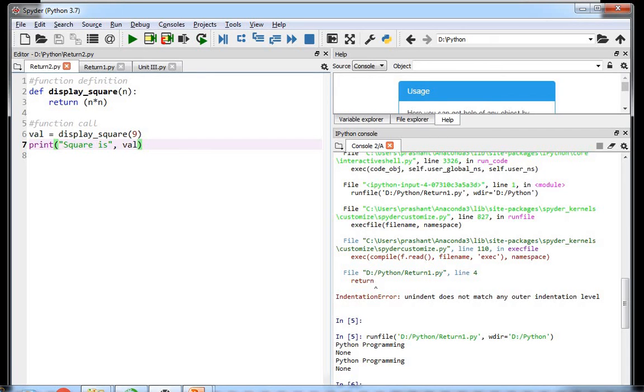This 9 will be transferred to variable n at line number 2, because in a call there is the function display_square and in the definition there is the function display_square. So these two names are matched and 9 will be passed to n.